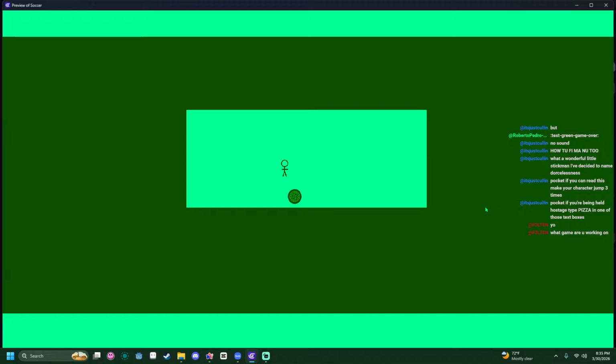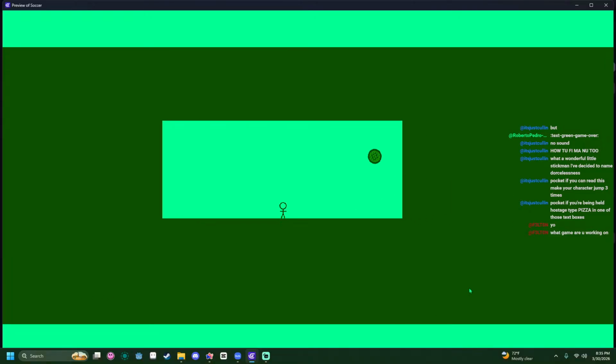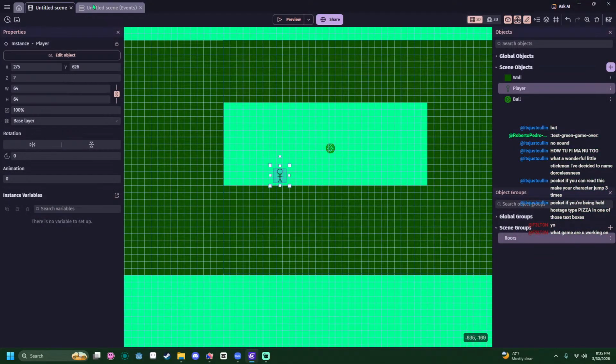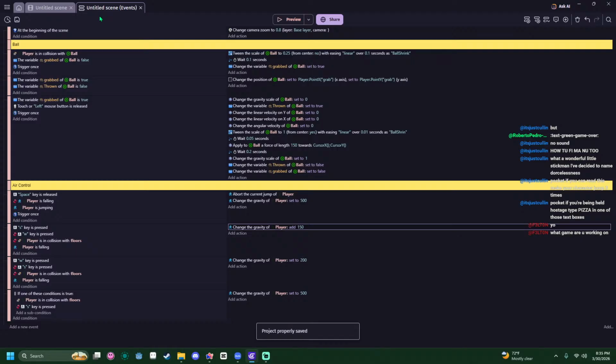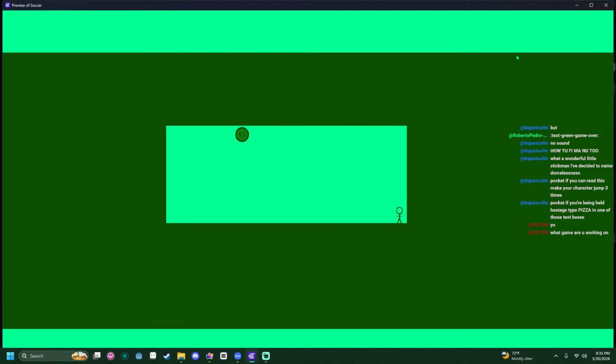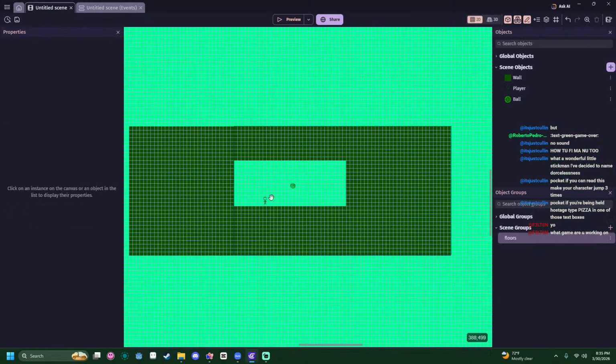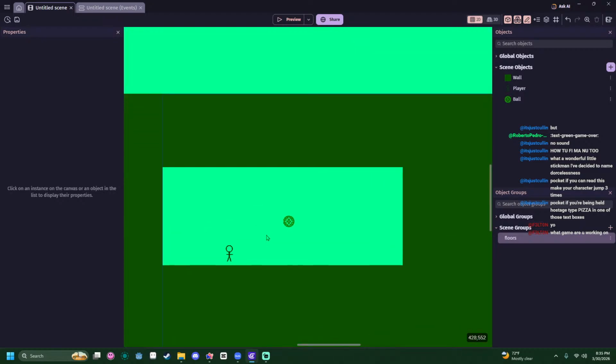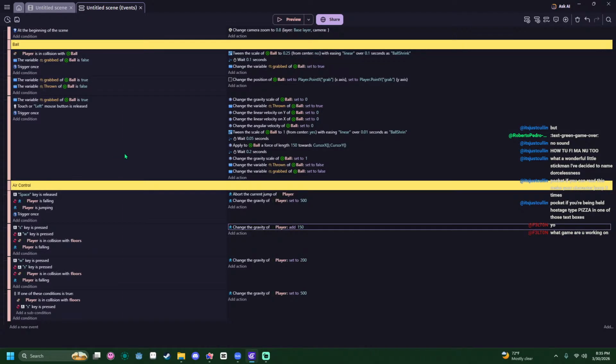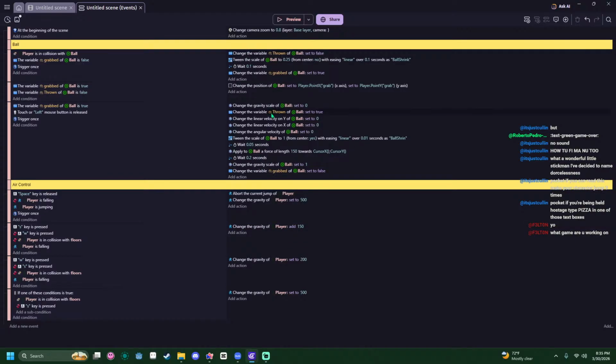Okay, I guess we can try working on an enemy. Or I want to make more movement. I want to make it to where when you throw the ball, you can right click to dash towards it. Let's do that first, and then we'll make the arena bigger. So thrown can stay true. Actually, let's just make it false whenever we catch it. That way, it's always thrown if it's not touching us, right?